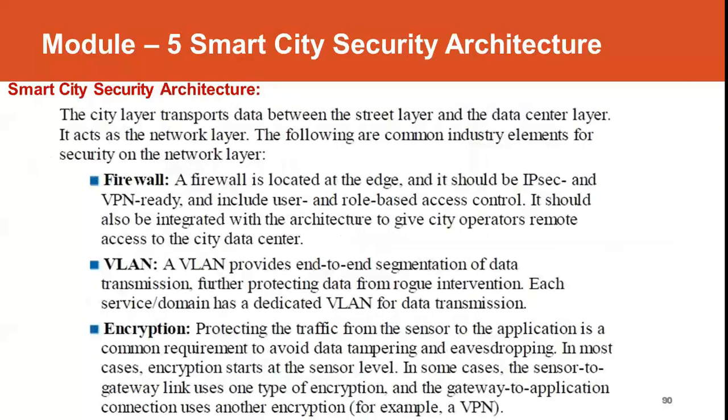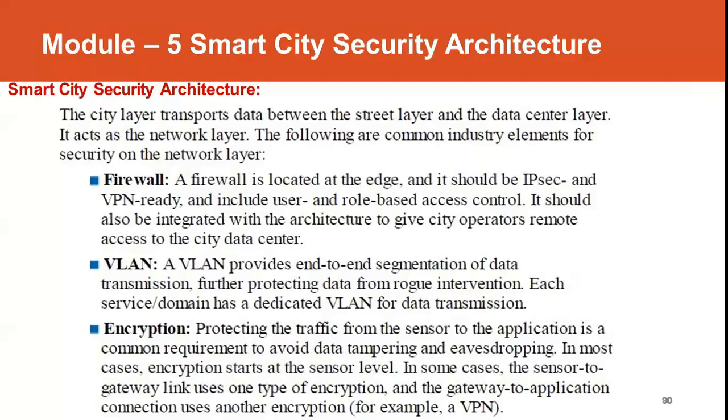The different security features that can be adopted in the smart city environment include maybe a firewall. The firewall is located at the edge of the network. It should be IP security and VPN ready. This must also include user and role based access control. Who should access the data? That must also be defined.